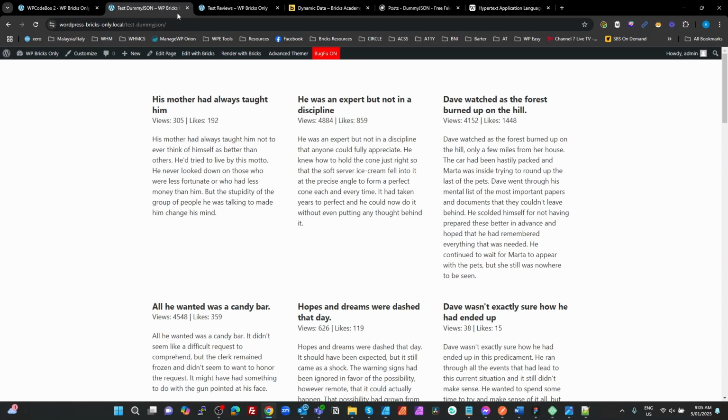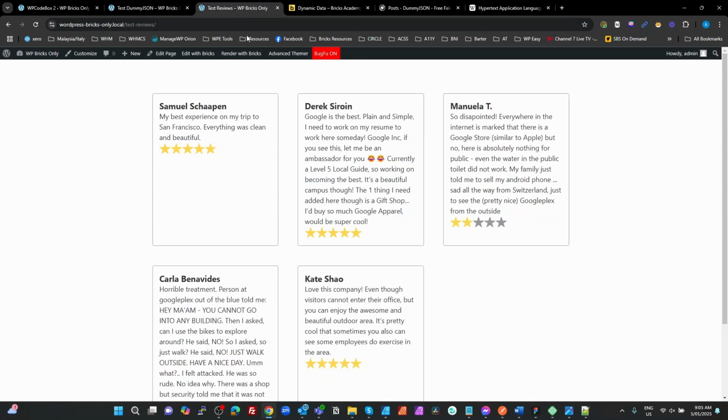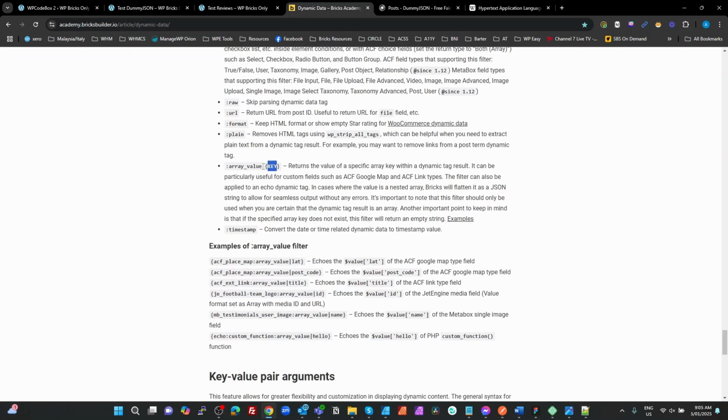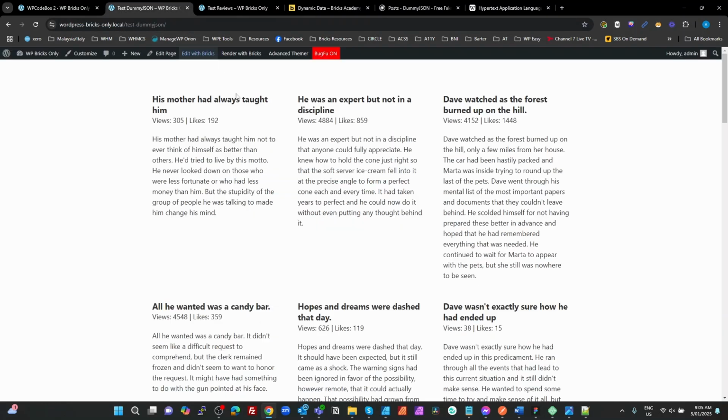We're going to focus on this DummyJSON one because the Google reviews is a flat array, which we could use with the Bricks array value if we wanted to, because there's no depth in that array, whereas the DummyJSON has a little bit of depth, so we'll focus on this one to show how that works. So if we edit that with Bricks,